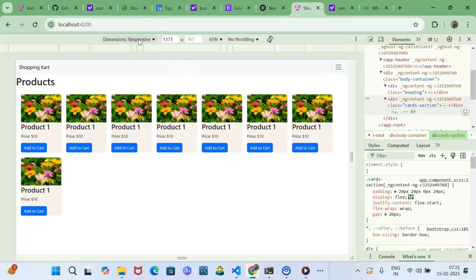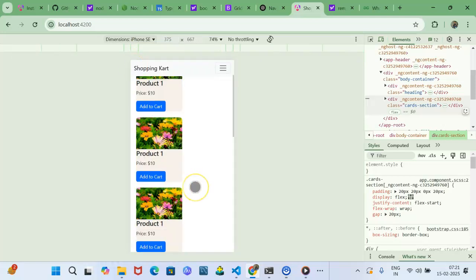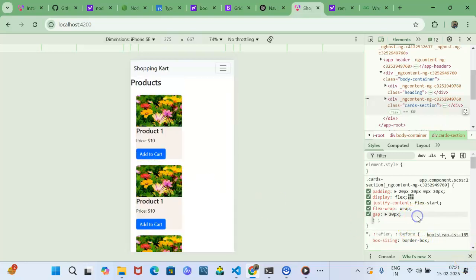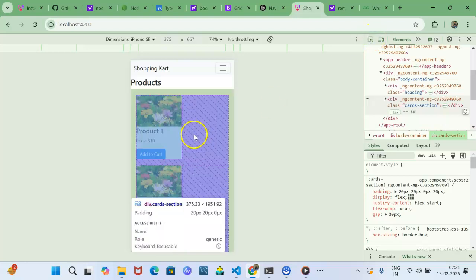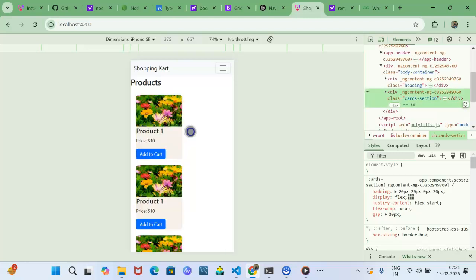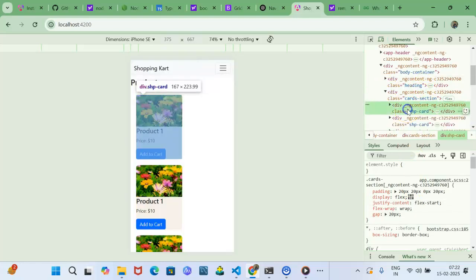Let us check in mobile view also. Here in mobile view also the elements are aligned. Align items center, or in mobile view it is not displaying well. I want to align in the middle of the division. Make the cards section this one. Make this one